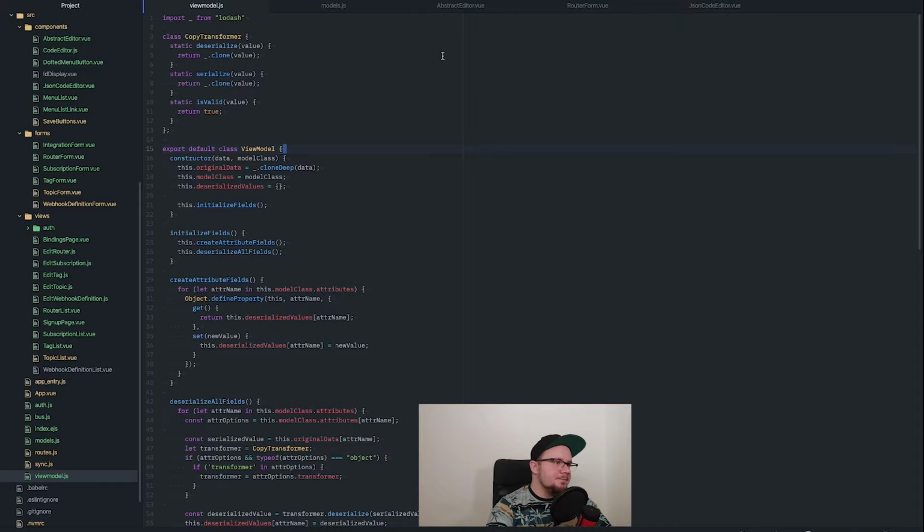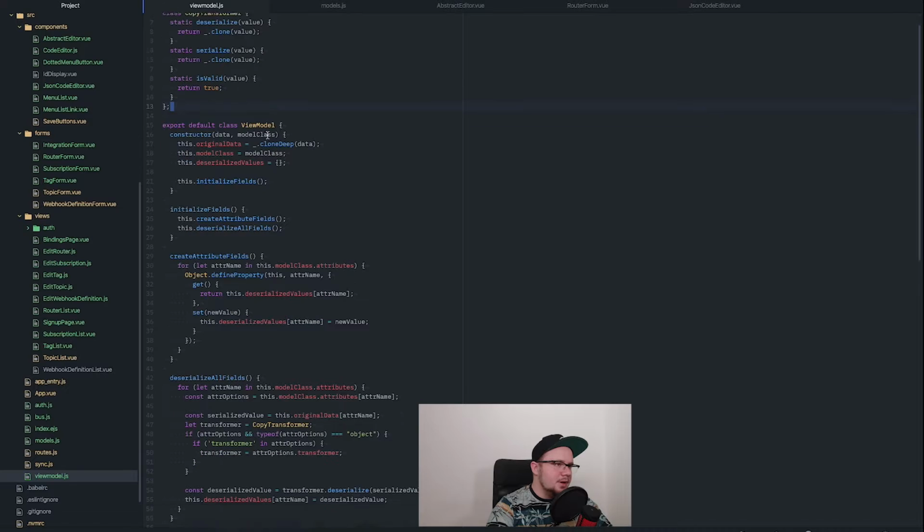So what I did here actually is this View-Model class, and the way I did it is that it's gonna hold data for a given model, which I'm calling data here, and it's gonna store the original data. So it's gonna make a deep clone of that object. It's gonna store the model class,